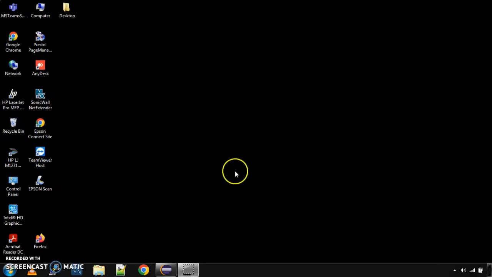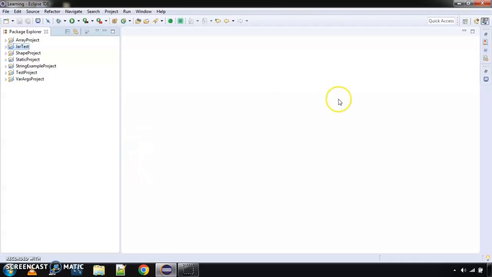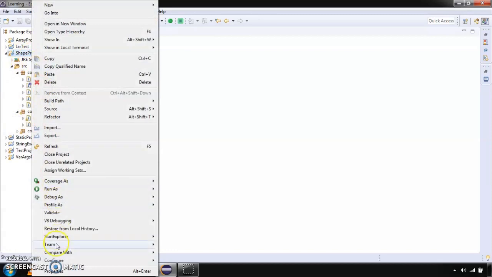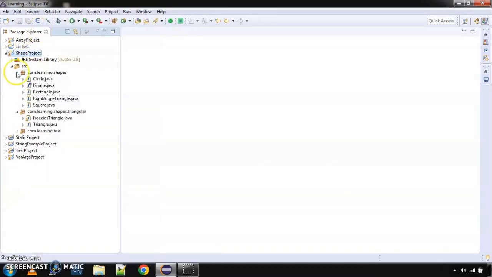So let's get started. For creating a jar file in Eclipse, the system is really simple because Eclipse provides you with a lot of tools with which you can do it. Now for creating jar files, there could be two ways in which you can do it. One, you can export the whole project. Let's say I have the shape project. People who have been following my videos are aware of this shape project, which has different classes in it. So one option is you can export the whole project as a jar file, or you can